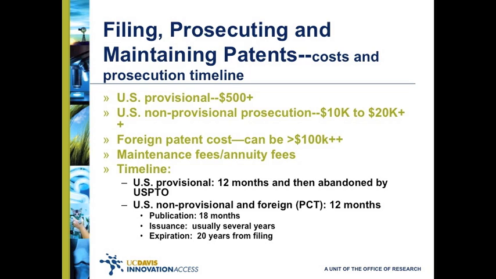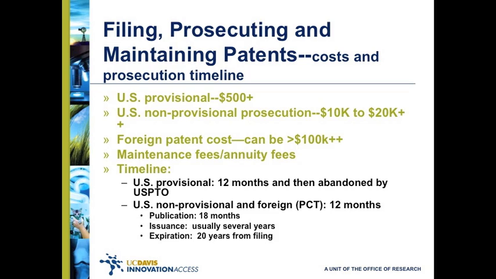A provisional patent can be filed for as little as a few $100s, but the cost can be substantially greater depending on the amount of effort put into the preparation of that patent application. So it could range up to $10,000. The typical non-provisional patent prosecution will take $10,000 to $20,000 or more dollars for preparation and prosecution to issuance.